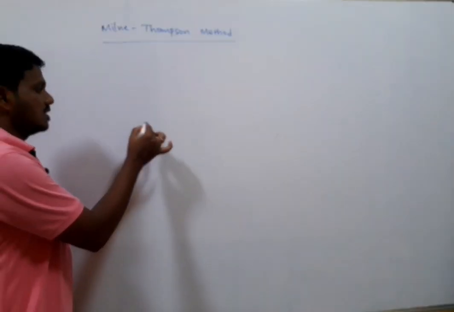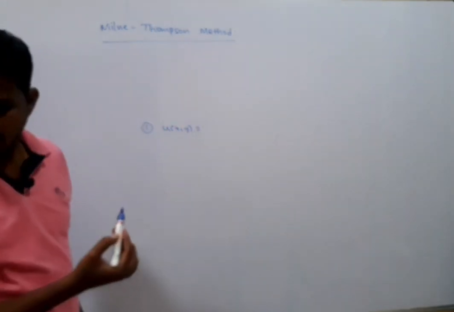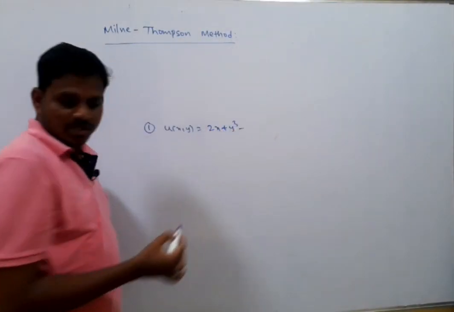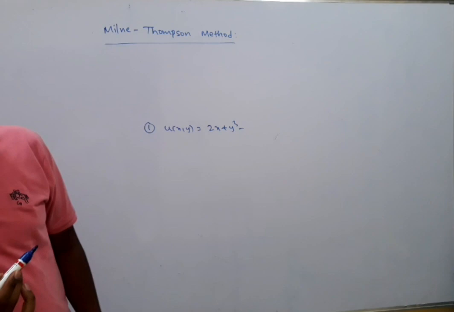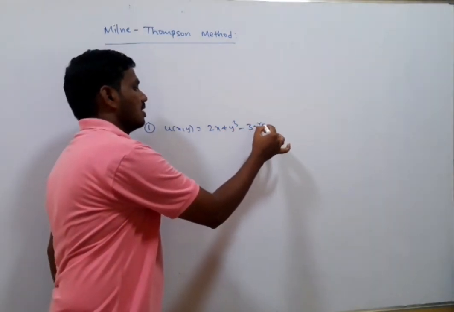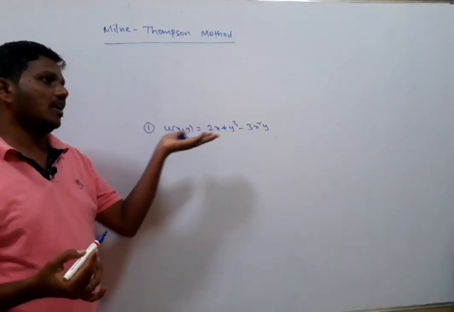Yes, remember one thing in the previous class, for the first problem, what was given as u of x, y, just recheck. u of x, y is 2x plus y cube minus 3x square y. It is given, and we can find v of x, y and f of z.